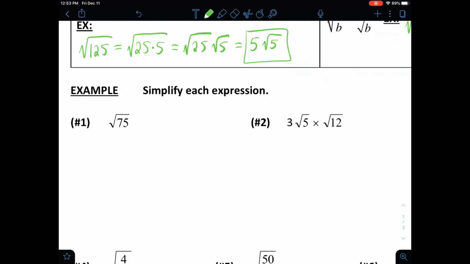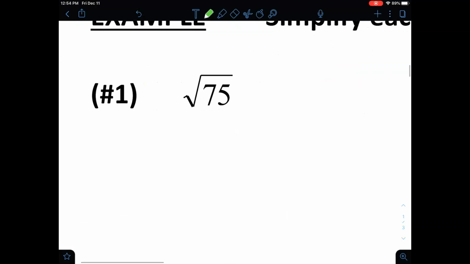All right, let's do number 1. We have square root of 75. Okay, so we need factors of 75. We need to split this down into smaller factors. What multiplies to 75? Well, 25 goes into 75, which is a perfect square. So you could divide by 4, divide by 16, divide by 25. And then if you find a perfect square that goes into that number, that's what you're going to want to use. So we're going to write this as going to be equal to